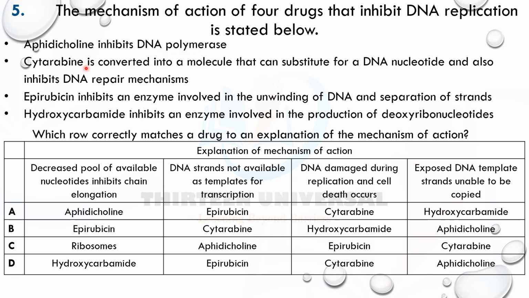Okay, let's see. Cytarabine is converted into a molecule that substitutes for a DNA nucleotide. So this is converted to a molecule that substitutes, so it will not allow the DNA nucleotide, and also it inhibits the repair mechanism. Why is this involved in this? Okay, inhibits the unwinding process, so it will be inhibiting helicase. Then hydroxycarbamide inhibits an enzyme involved in production of